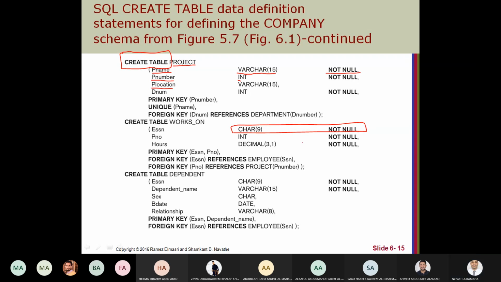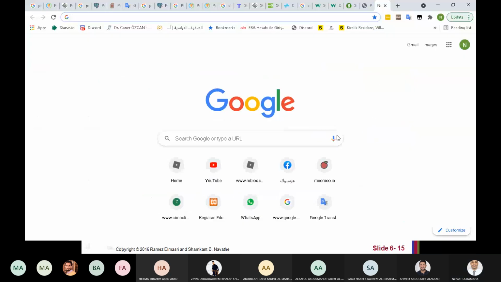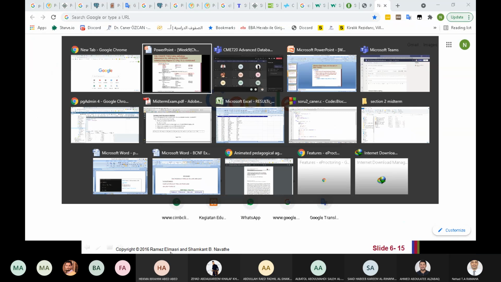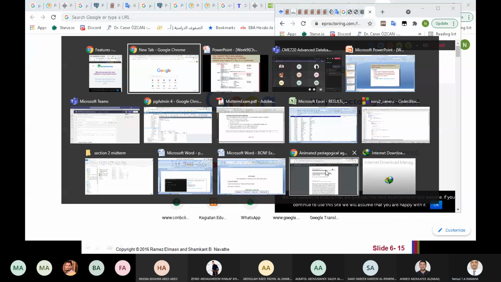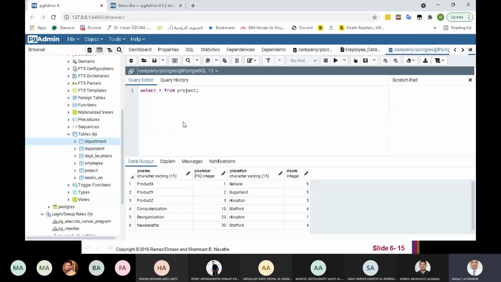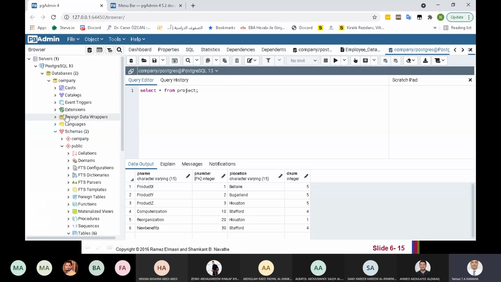We can try this one on pgAdmin. You should be inside any database.